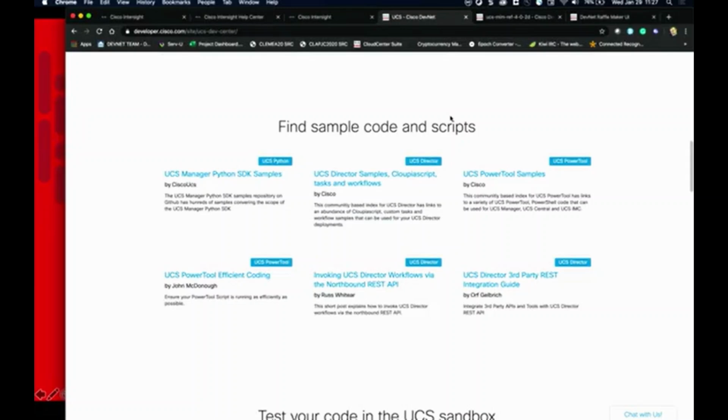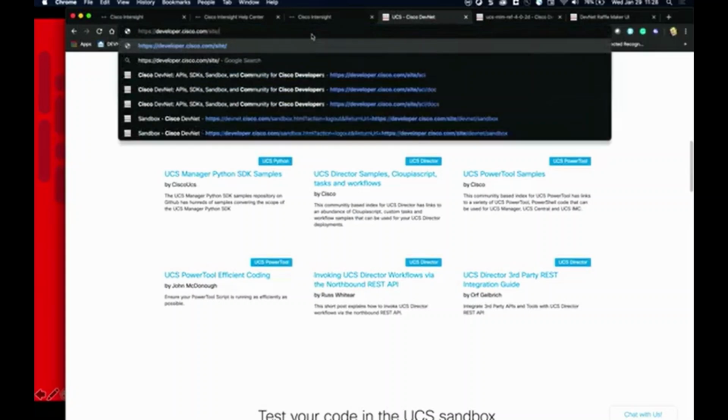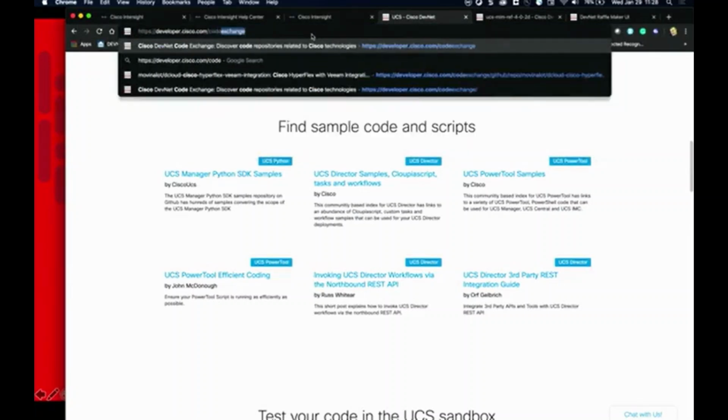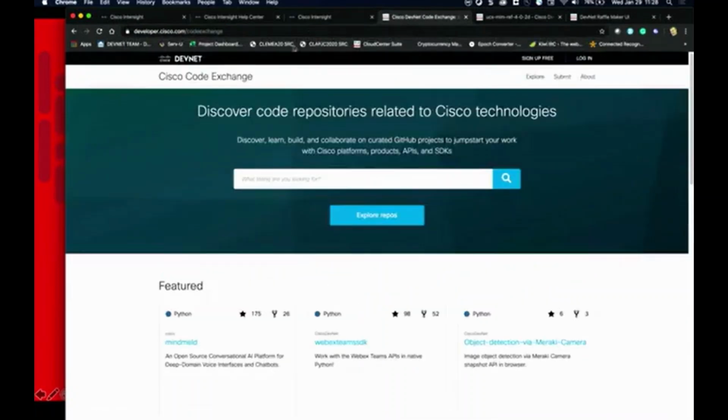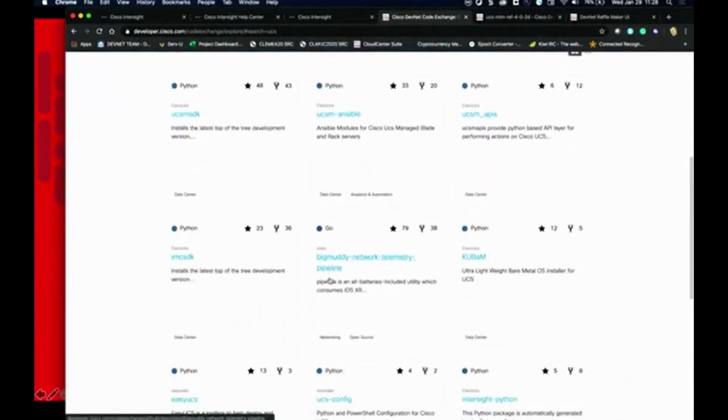If you go to Code Exchange, you can pull up code for UCS just by putting in a keyword to search for that. In fact, I'll go there real quick. Search for UCS. And what these are, links to repos that have something to do with UCS, whether it's UCSM SDK or UCSM Ansible or